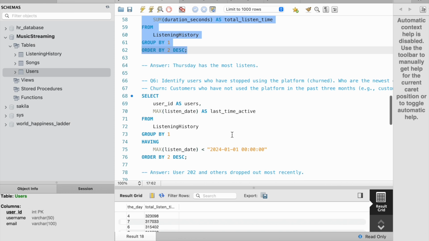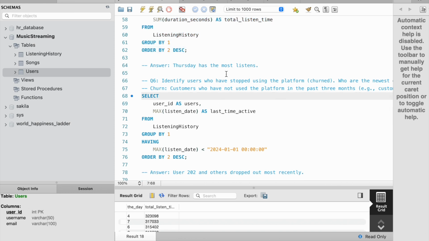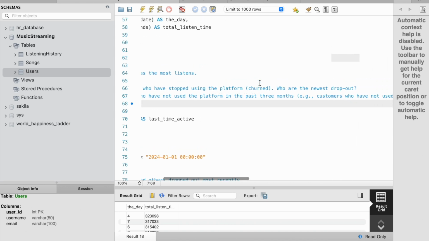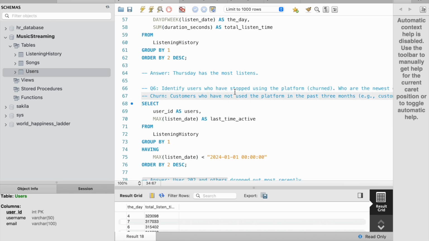Question 6. Identify users who have stopped using the platform. Who are the newest dropouts? So, in this question, we need to define how we say if someone has stopped using the platform. So maybe they have stopped using the platform for the last year. So then